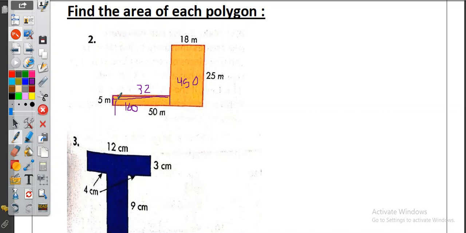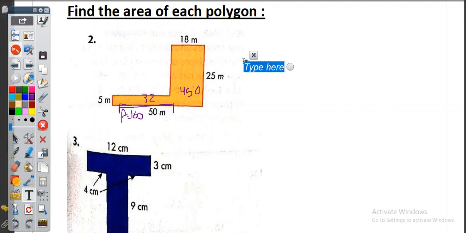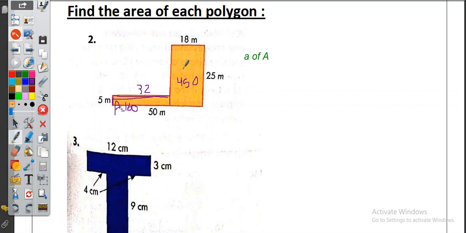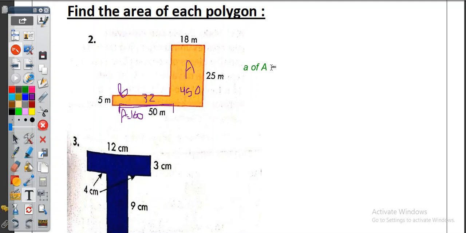So the area of this figure is 160. The area of this figure is 450. Let's write this down. So area of the first figure, let's call it A, which is this one. I'll call this one A, this one is B. Area of figure A equals